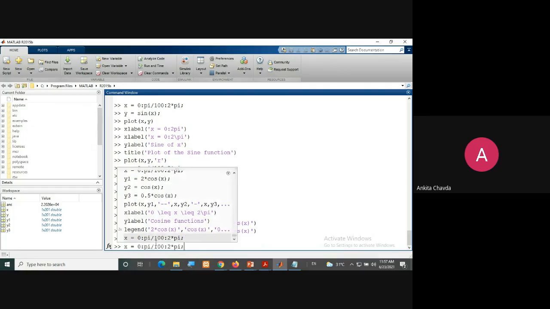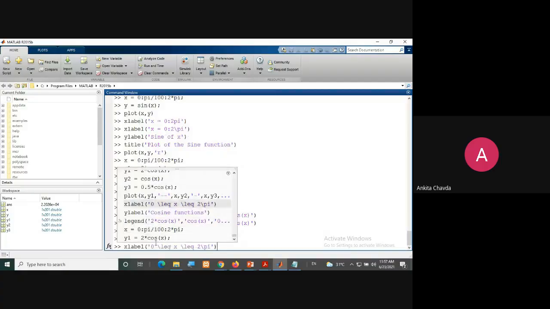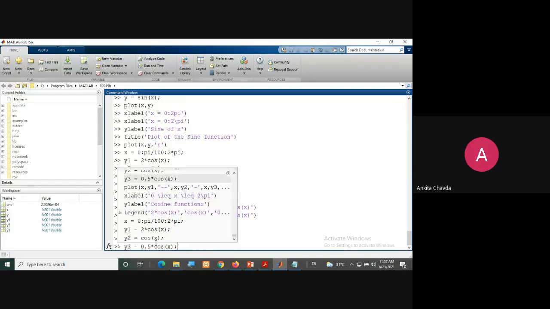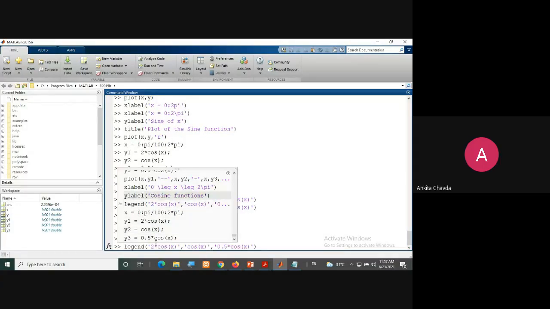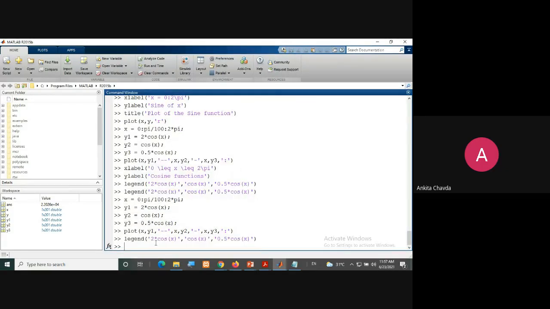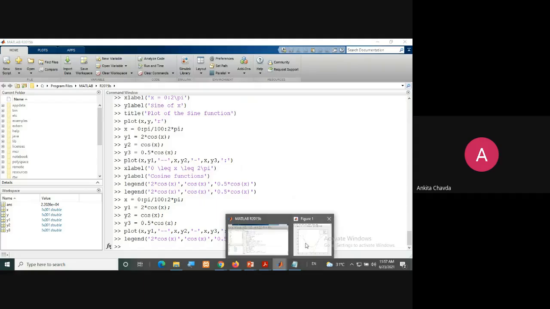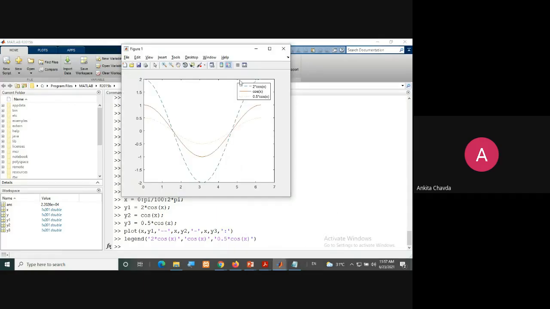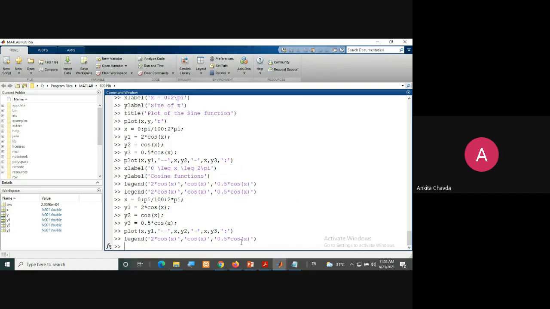I need to write this again. So this legend is for 2 into cos x, only cos x, 0.5 into cos x. So they are just showing you these lines. Fine, so that is what you are giving in legend.